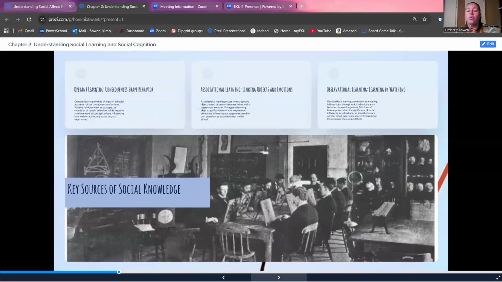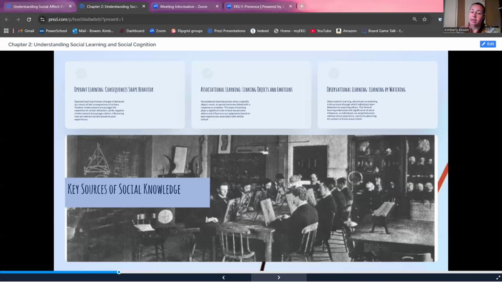All right, so the book talks about 3 different ways we learn. And this is really breaking it down again. After this module, we might talk about this a little, but we're really going to get into less about how we're learning it or these particular 3 things, and we're going to talk more about the overall implications, right? What we're learning, how we're then interacting based on what we're learning.